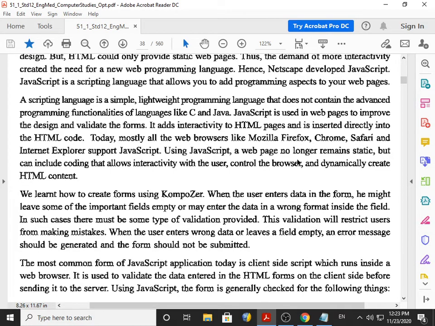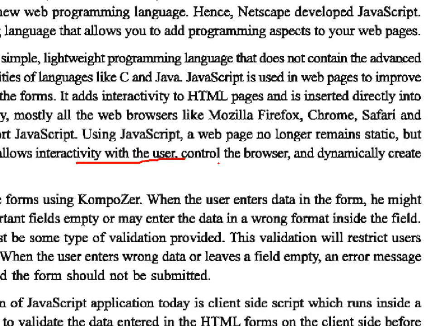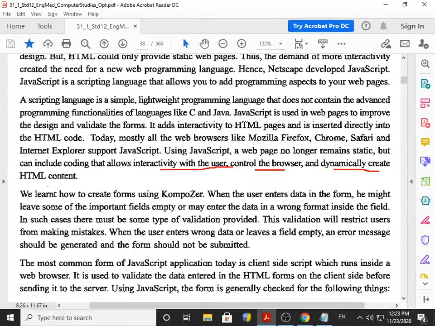And using JavaScript, a web page no longer remains static, but it can include coding that allows interactivity with the user, where the user can input something and get output. Control the browser, that's important, please mark. You can go for interactivity with the user. You can control the browser and dynamically create HTML content.